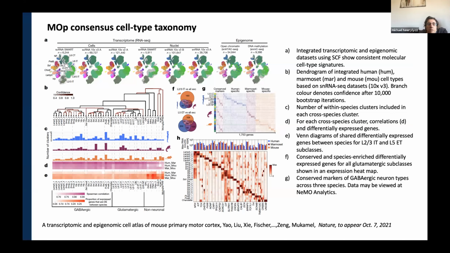A key part of this is a transcriptomic and epigenetic analysis of primary motor cortex, and it includes a cross-species deep dive using single nucleus and single cell RNA-seq, as well as the epigenetic data. There's really good alignment found between these modalities, and it's a rigorous analysis of the types.